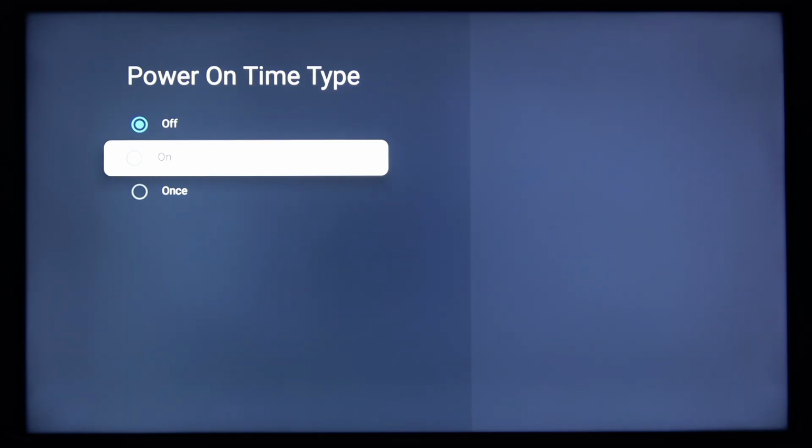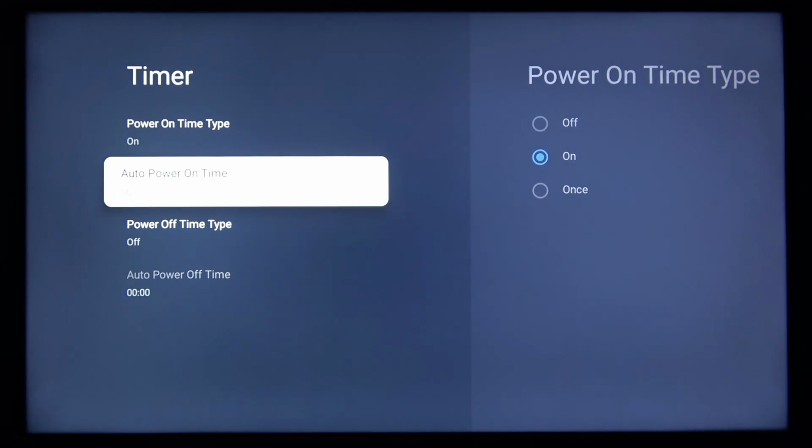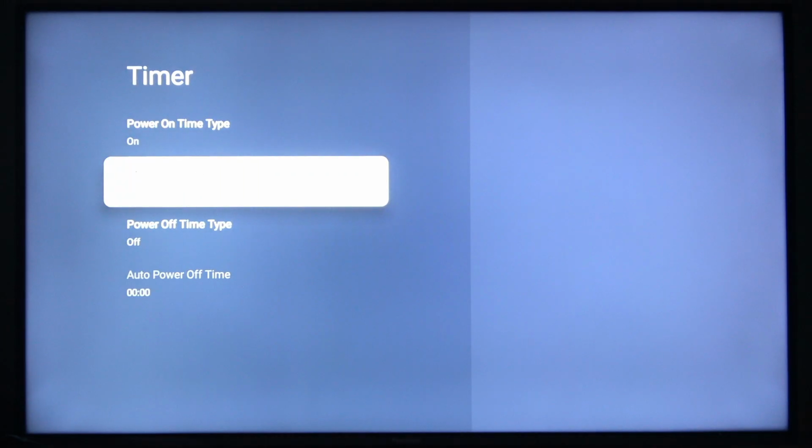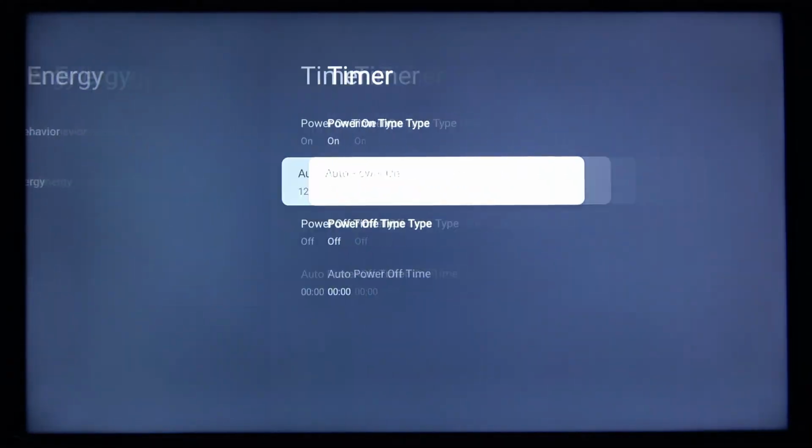Now here you can enable both power on and power off by selecting one of these two options and then selecting on for once if you want to enable this feature once. Now once you select on, select auto power on time by selecting this option and then use your up and down arrow keys to change the value you see right here. And left and right to navigate between the values of